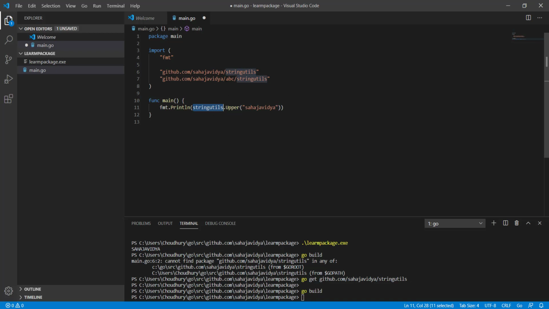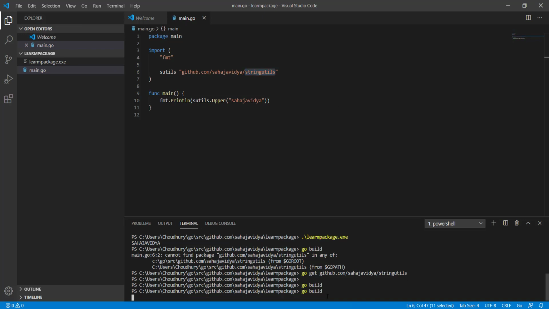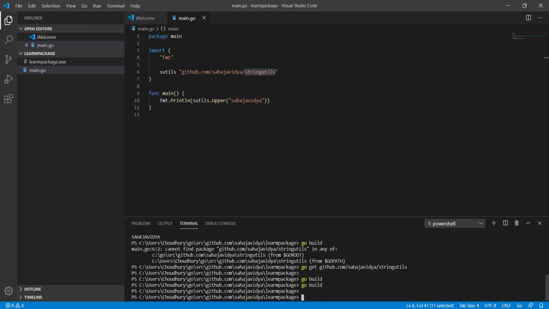To avoid this conflict, we can use a package alias. We just need to provide a name to this package, something like sutil, and you can use this sutil here instead of the stringutil package name. Now if I build it, it builds successfully, and let's run it.